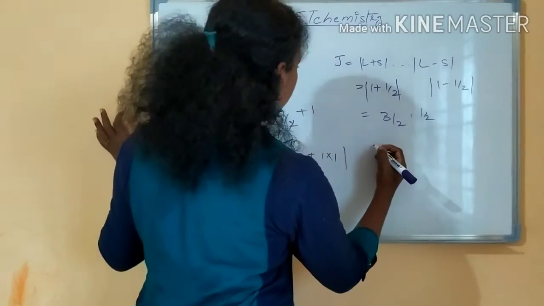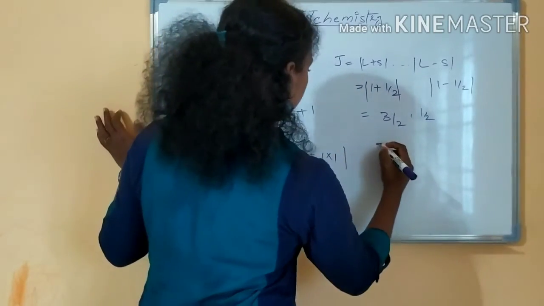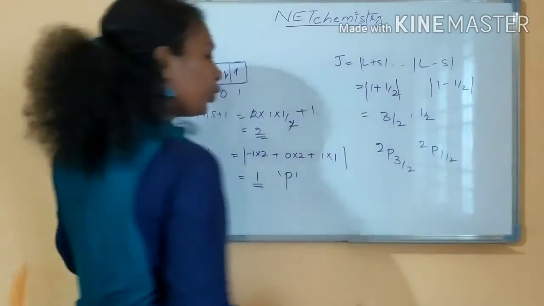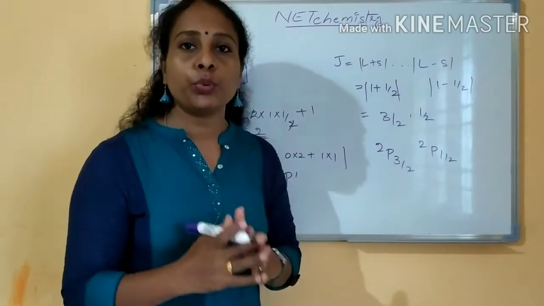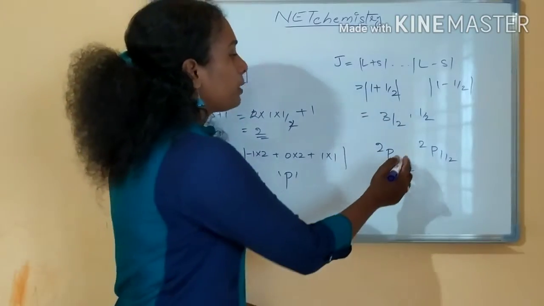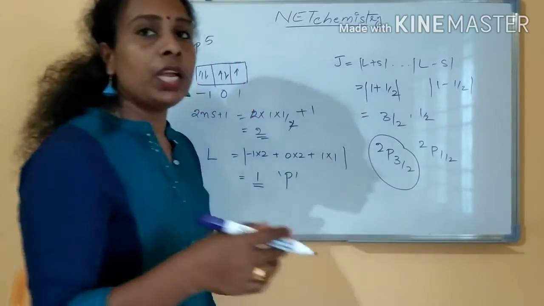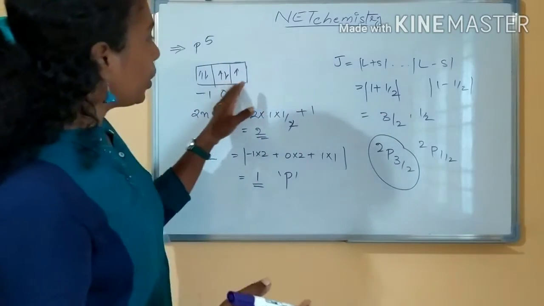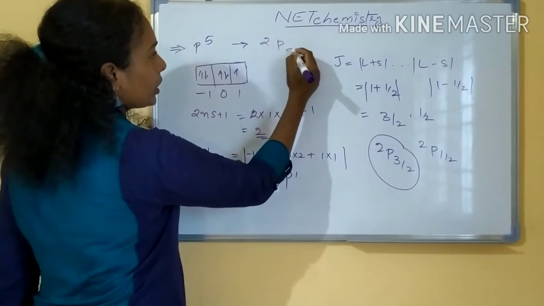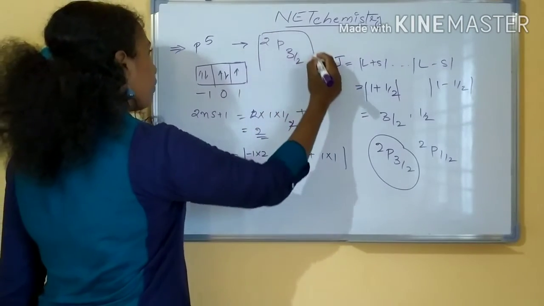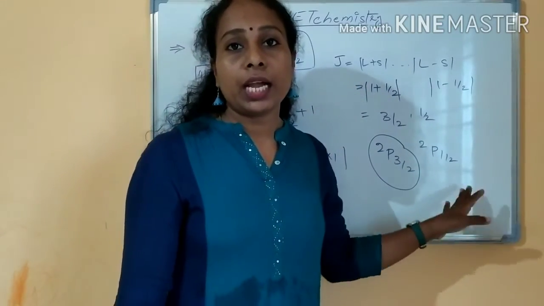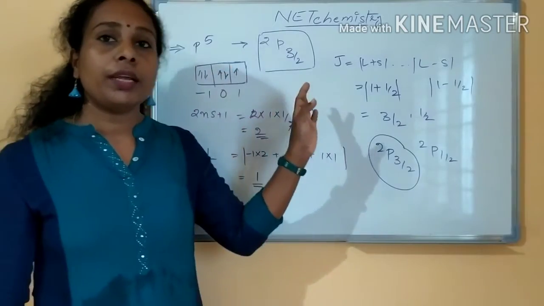What is the term symbol you are getting? 2p 3 by 2 and 2p 1 by 2, two values you got. Out of which one will be the ground state term symbol? Ground state term symbol is nothing but 2p 3 by 2. Why? The larger J value you have to take because it is more than half filled. So the ground state term symbol for the p5 configuration is 2p 3 by 2. Clear? Why have you taken 3 by 2 as the value? 1 by 2 is also there. The higher J value you have to take when it is more than half filled.